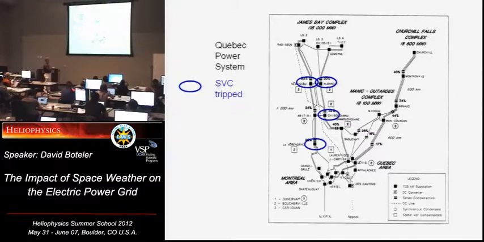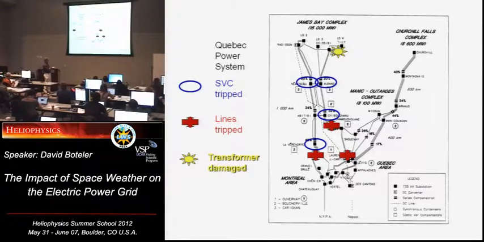So then the system automatically detected those surges of power and caused these lines to trip out. And then as I said, that caused the damage up there. So the start from when the first SVC tripped until when the system blacked out was about 90 seconds from start to finish. So the operators didn't have time to respond. The automatic load shedding that they have on systems didn't respond quickly enough. And so it was 90 seconds from the beginning to the end.